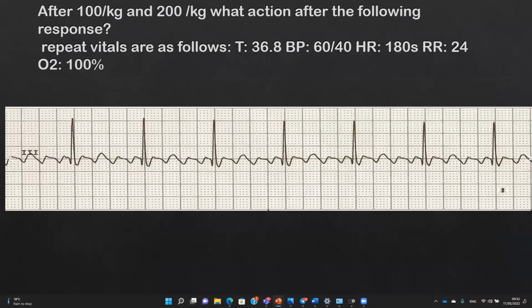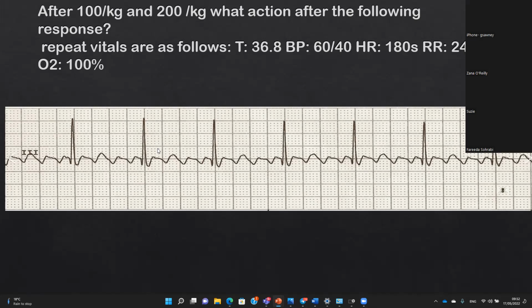Because after SVT is corrected, it exposes the underlying atrial tachycardia, and that happens when adenosine blocks the AV node conduction. So this looks like SVT to begin with, but actually, when you block the AV node, it reveals an atrial tachycardia. This case needs the atrial tachycardia to be treated with either a second-line agent or another therapy